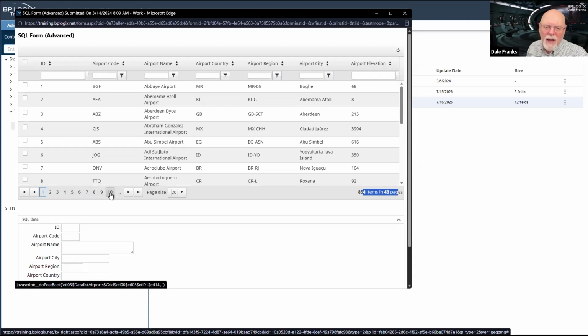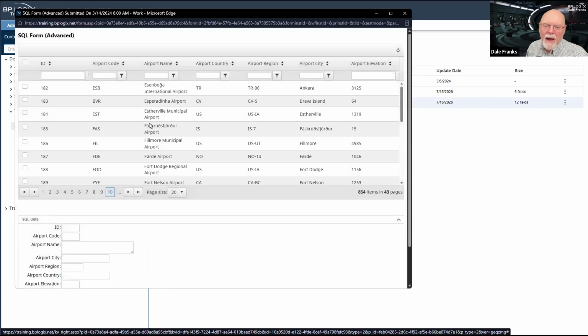Let's go with 10. And there we go. F starts right there on page 10. By the way, you have no idea the amount of relief I felt when I clicked 10 and I saw Faskrutsfjordthur Airport right there. I hit the F's dead on first try.